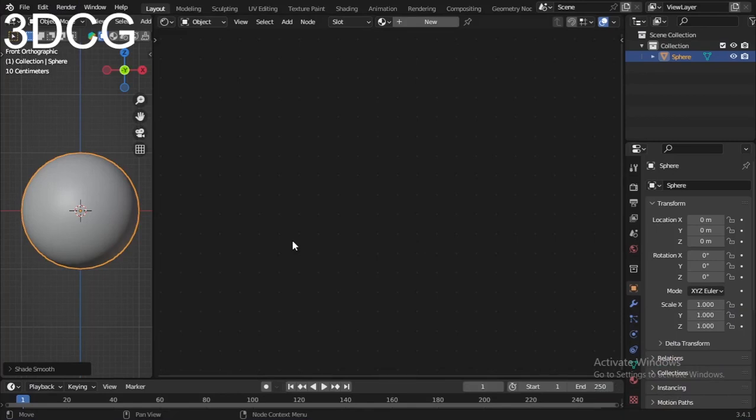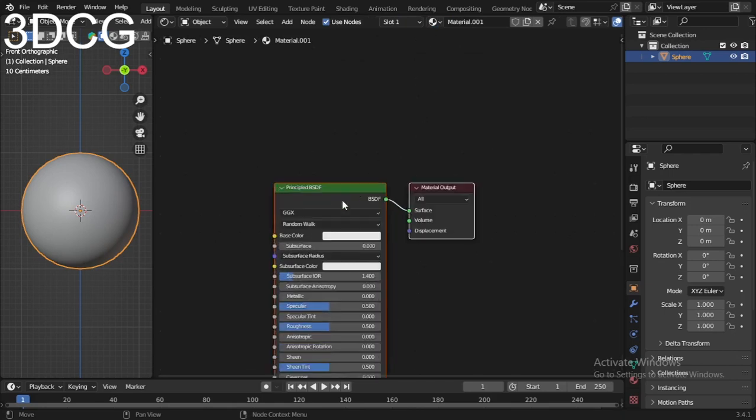In this tutorial, I will show you how to make the negative light procedurally in Blender. Okay, this is a sphere. Now let's take a new one, remove